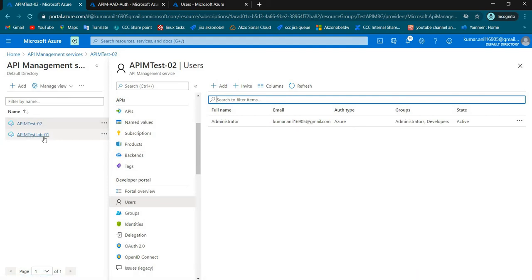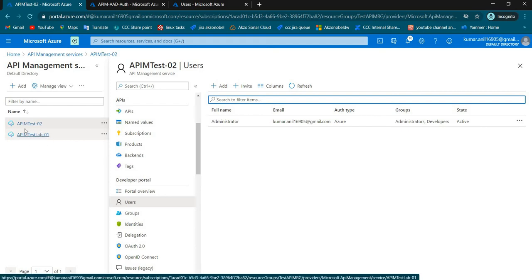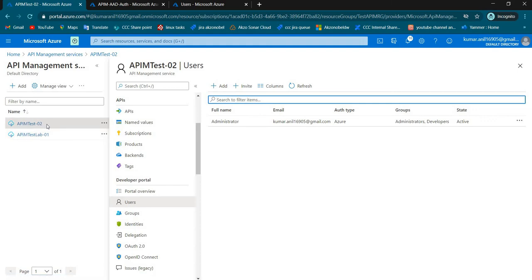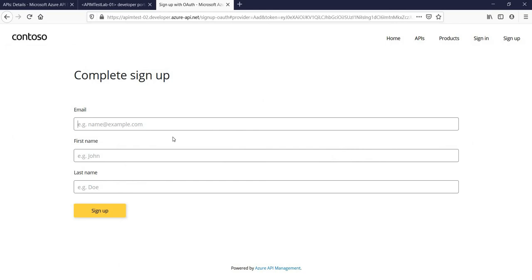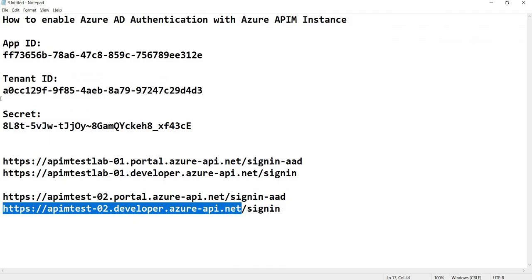So the identity defined under APIM test lab 01, I mean one instance, is not equal to APIM test 02. That means the identities you are setting for different instances are different. So for the first login on the developer portal for a particular APIM instance, you have to provide the email address of the user and the remaining details.